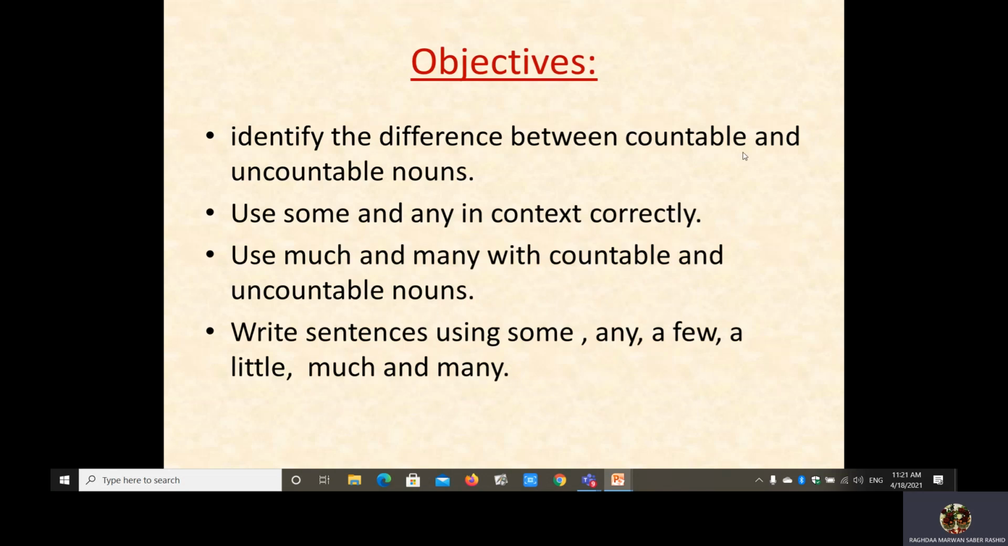That's all for today's class. It means we finished all the objectives until the last one. Write sentences using some, any, a few, and